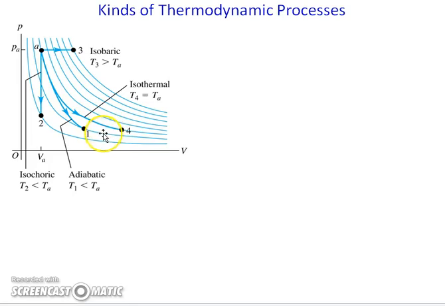So in this diagram, we are showing various kinds of thermodynamic processes. Here we are showing 4 different processes for a constant amount of an ideal gas, and all of them are starting at state A. So this is starting state A, and of course this is your PV diagram. So let's talk one by one. Let's say we have the first process,